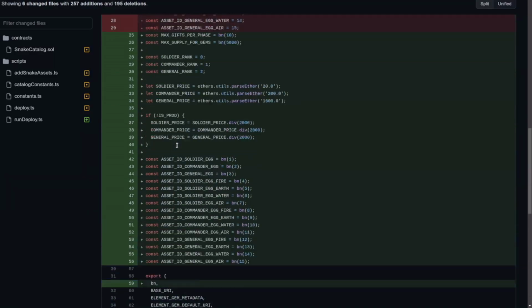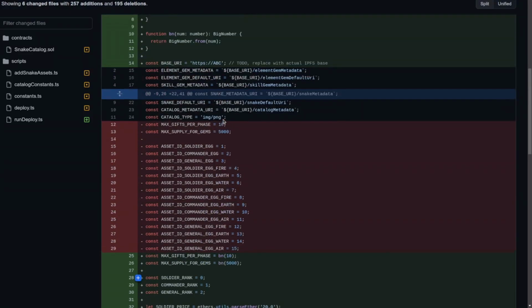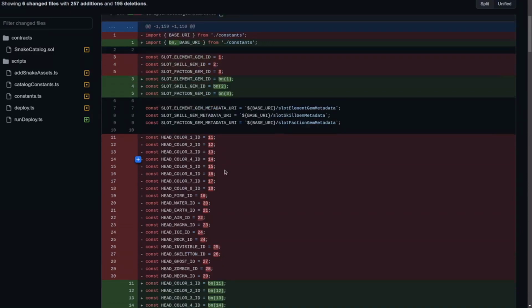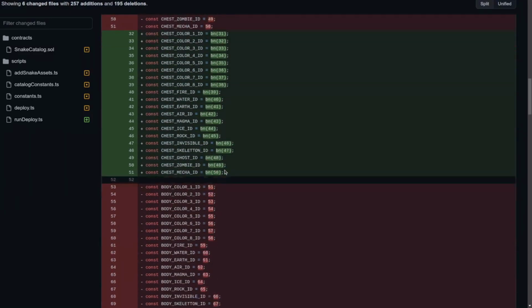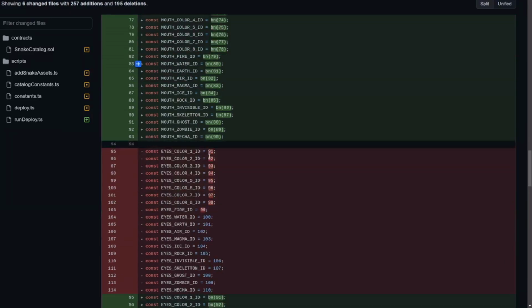Also added some new constants I was going to need. I'm changing the price for testing, so I can easily test this with the tokens on the testnet without having to spend so many of them. Same change here, moving things to big numbers. This will be very useful for testing, since when you send transactions, it's fine if you send either numbers or big numbers, but when you get the results, it will always be big numbers. So when you're doing the comparisons, it's easier if they are already big numbers.